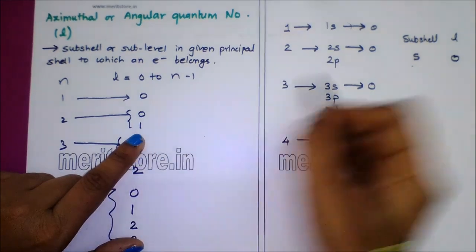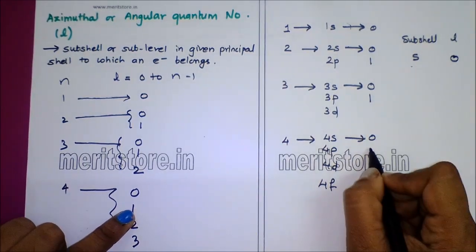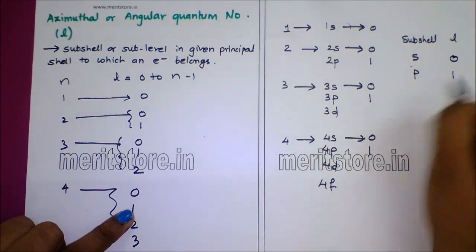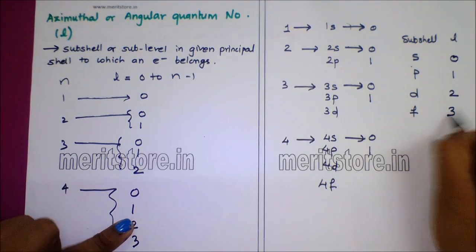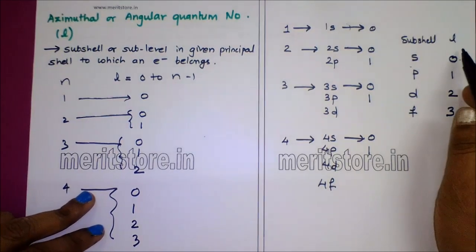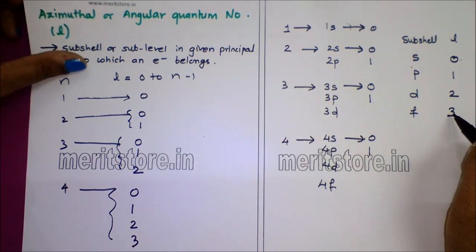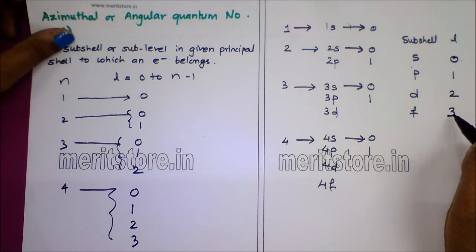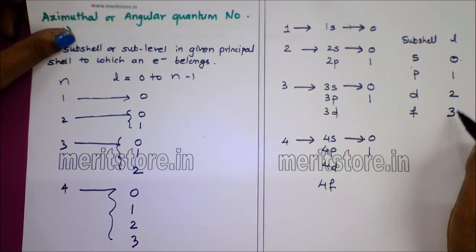Similarly, for the 2p, we have value 1. For the 3p, we have value 1. For the 4p, we have 1. So for p subshell, it will be 1. Similarly, for d, it will be 2. And for f, it will be 3. So we can get the answer for the different subshells by just knowing the values of the azimuthal quantum number. So the azimuthal quantum number gives us idea about two things. The first one, the subshell of the principal shell to which the electron belongs, but also